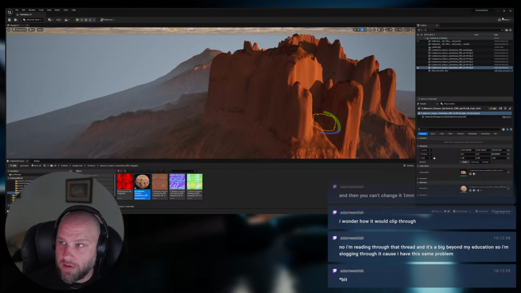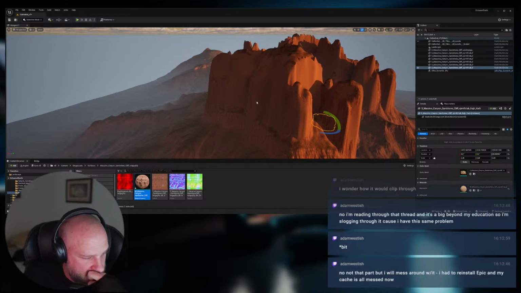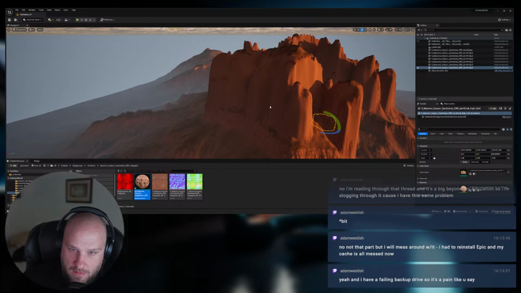Oh, I think Unreal Engine decided to crash again. Why does it need to autosave every 2 seconds? I think my hard drive is toast. This is going to be a problem. It's just going to do this every time. Adam, I mean, there's no reason. I didn't do anything with the terrain. I know I added that mesh, I guess, but